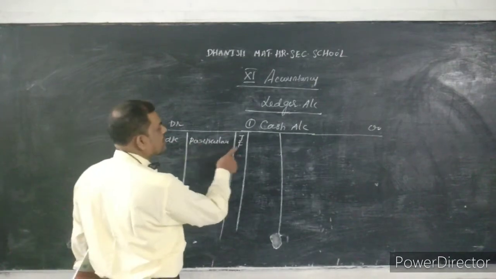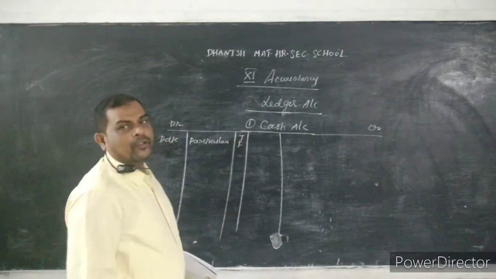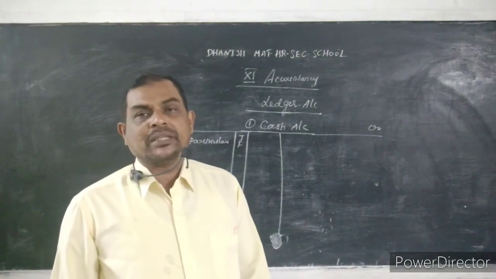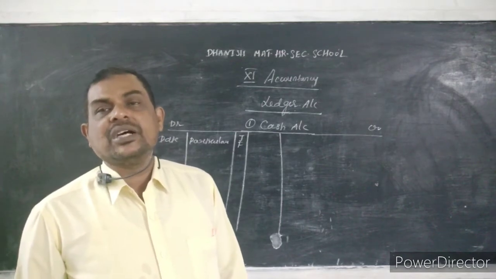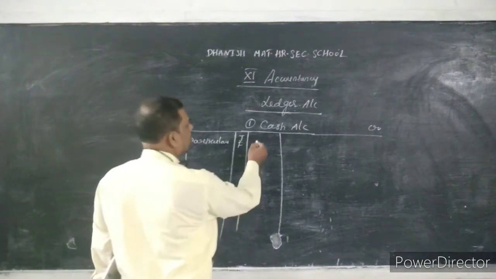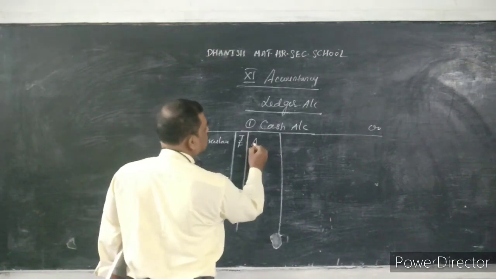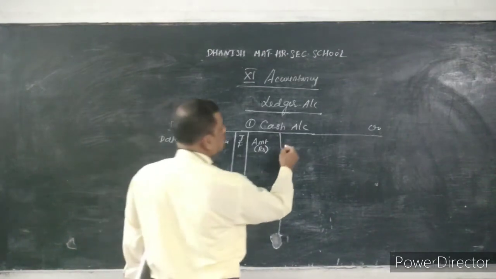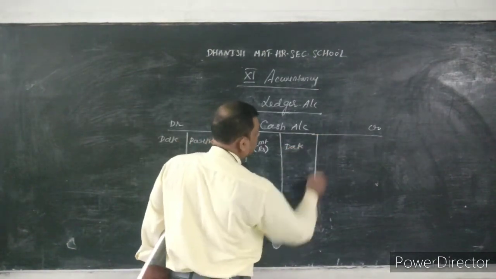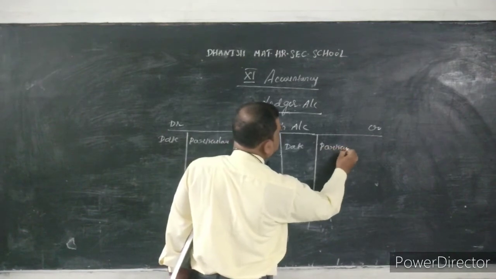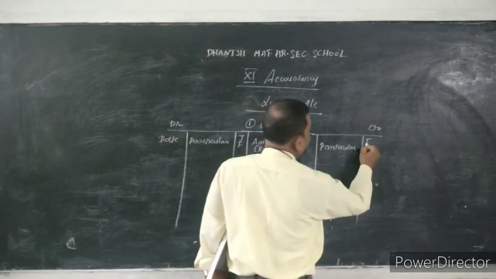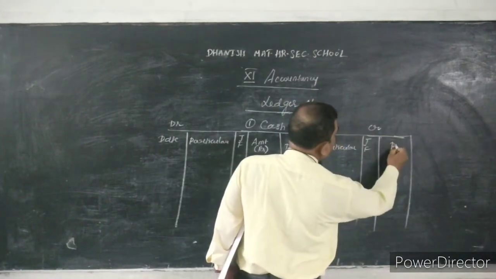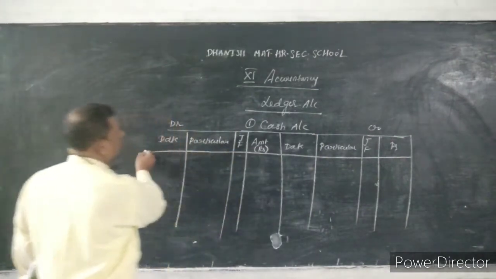So date, particulars, JF is the small column. While preparing the journal entries you put the small column as LF, but while preparing the ledger you put the same column as JF, journal folio. The first column you just leave off. The second column you use as amount in rupees. Like that, in the credit side also, the same: date, particulars, JF. Here also there will be two amount columns. We use one amount column as amount in rupees. So this is the format of the ledger account.